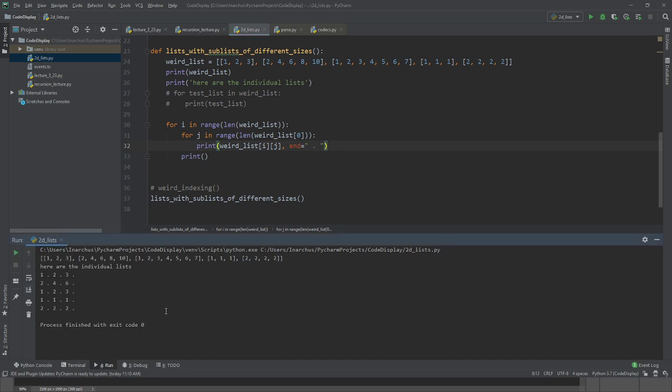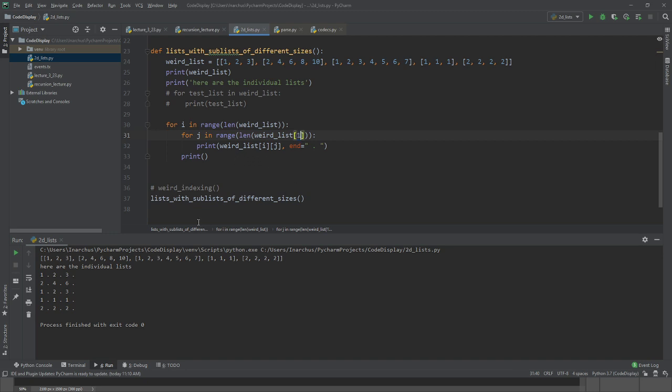So what it's doing here is it's going through the range in the weird list. So the range in the weird list is 0, 1, 2, 3, and 4. So it's going to go from 0 to 4, including 4. So basically this is like saying range 5. On the other hand, this thing here is like saying range 3, right? Because the length of weird list is 3. But if I had picked,